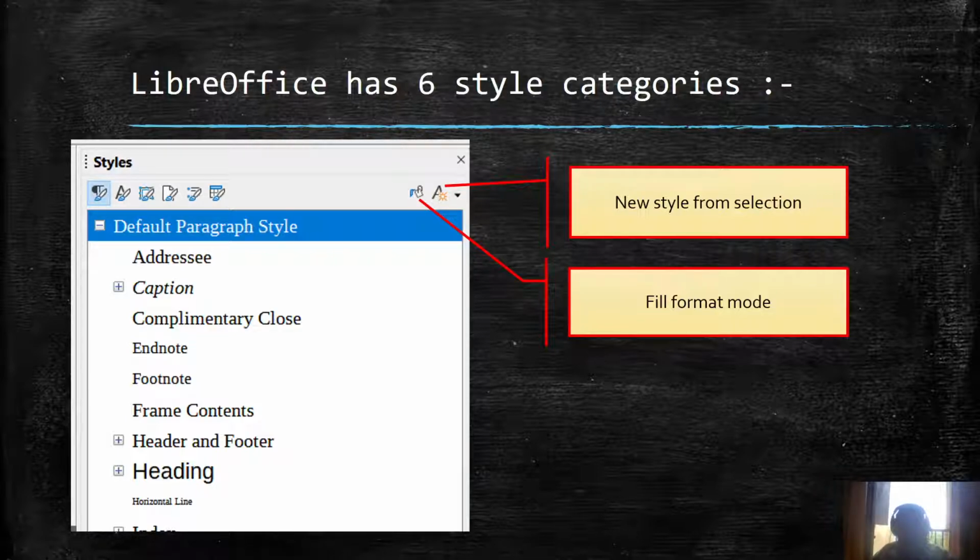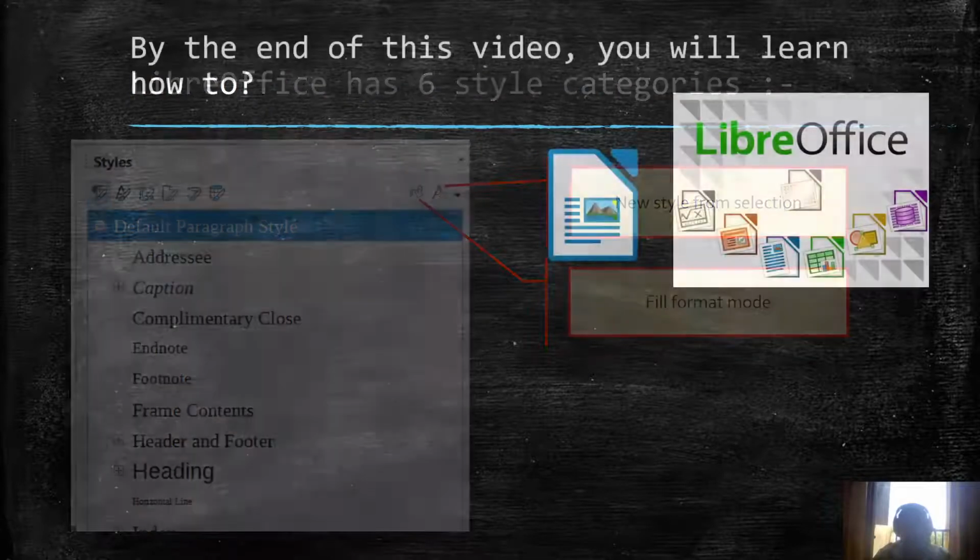What we can do is just select a style from the list over here and use that fill bucket icon of your mouse, go on selecting any paragraph or any character, and that selected style will be applied on it. So we will be seeing all of them today.